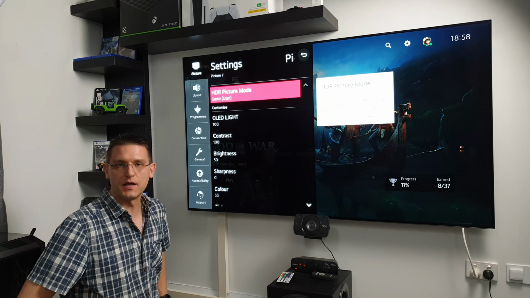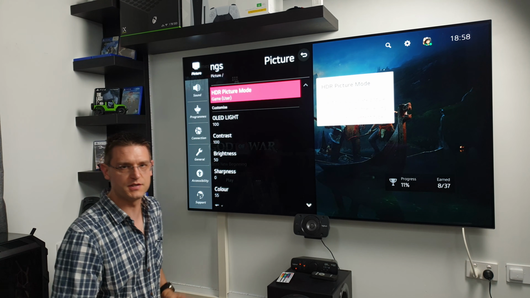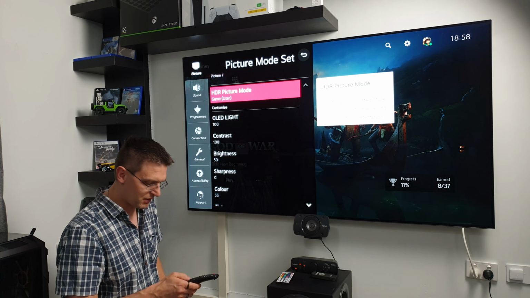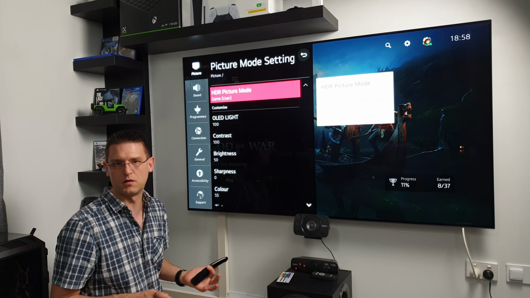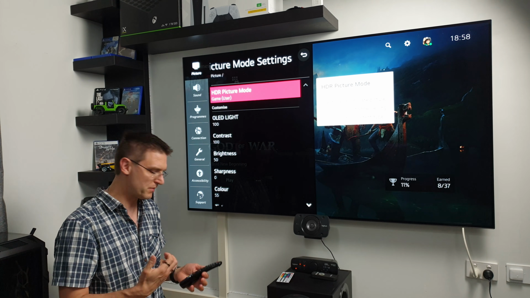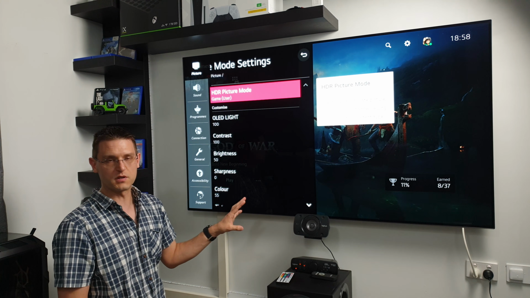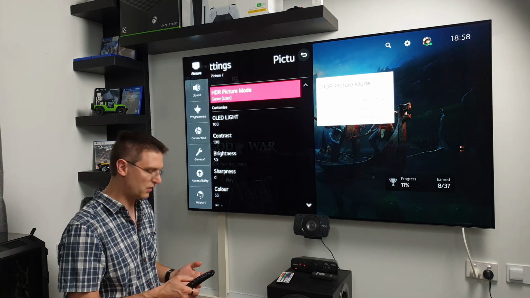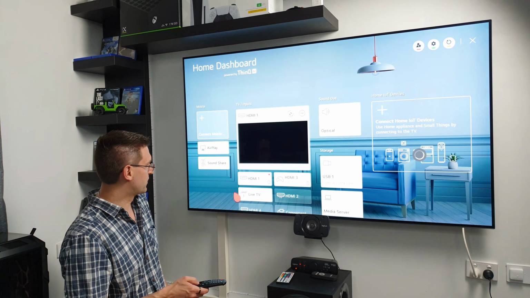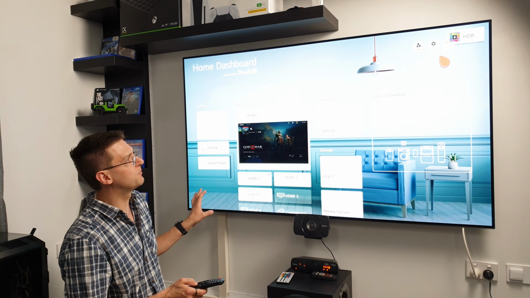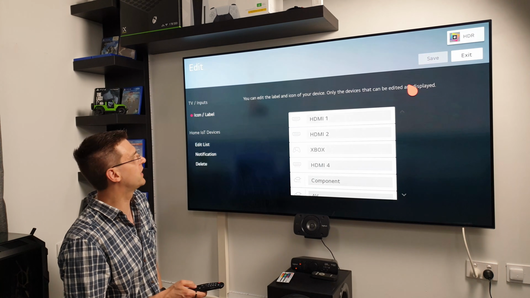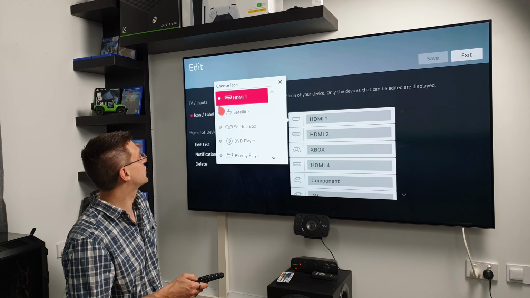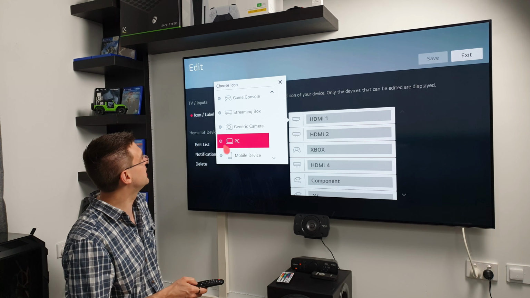LG CX. Okay, so let's start with the picture settings from my LG CX in the HDR mode. And before we start with this, I saw a couple of videos recently on YouTube, people recommending to change the input from the normal gaming mode or normal HDMI input to PC input or mode. And what I'm talking about is actually this. You go to your home dashboard, you go to settings, and you go to edit, and you choose the input where your console is connected, and you change this. Instead of HDMI, you change it to